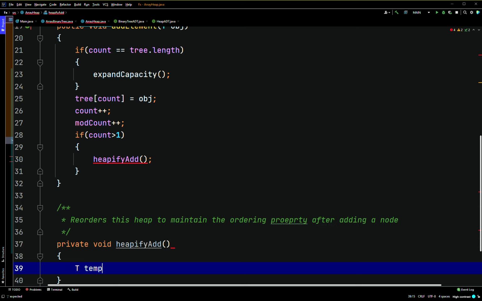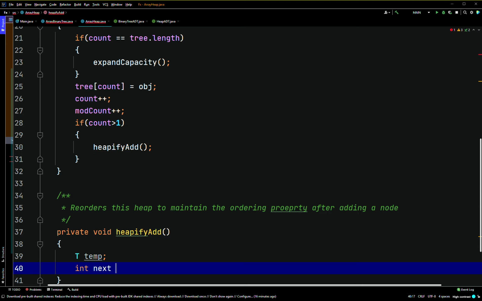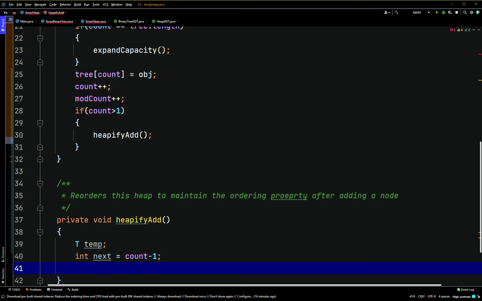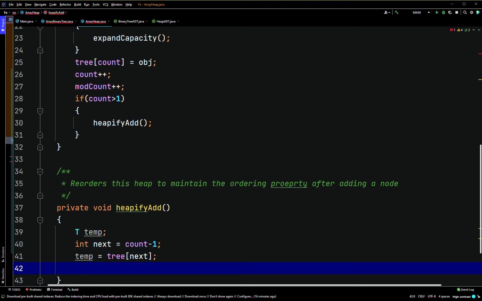We'll say int next points to count minus 1. Then we'll say temp points to tree of index next, while next does not equal 0,